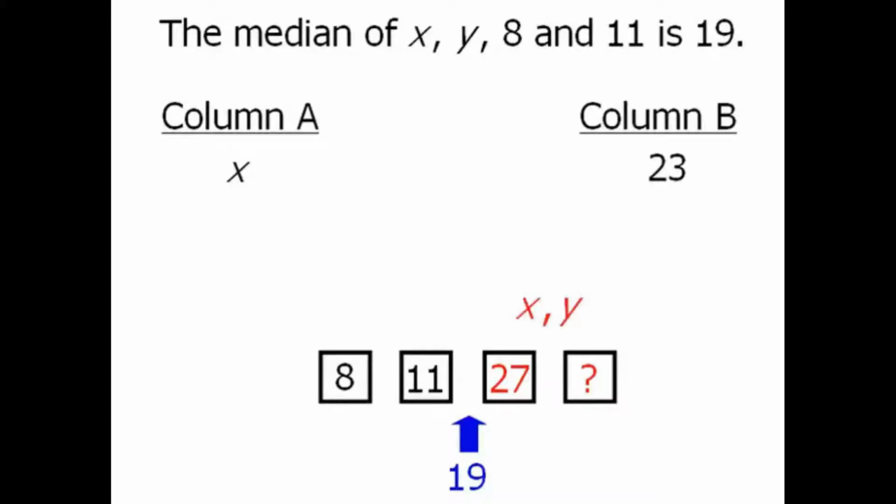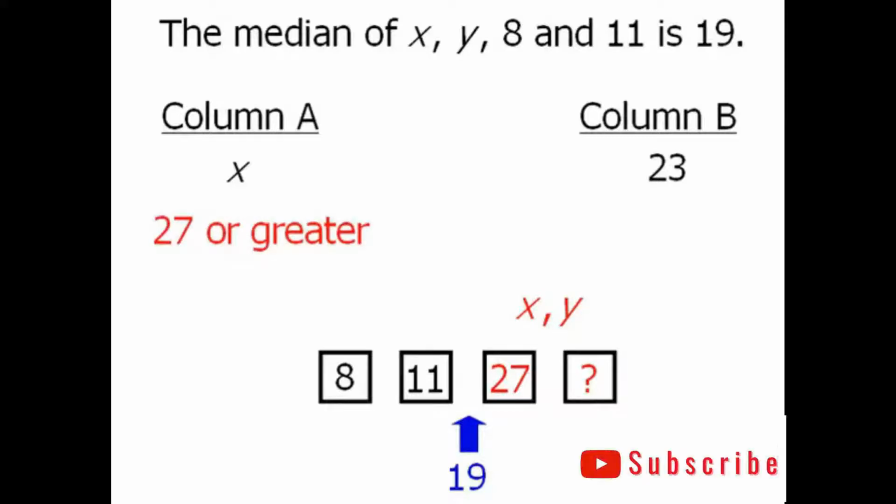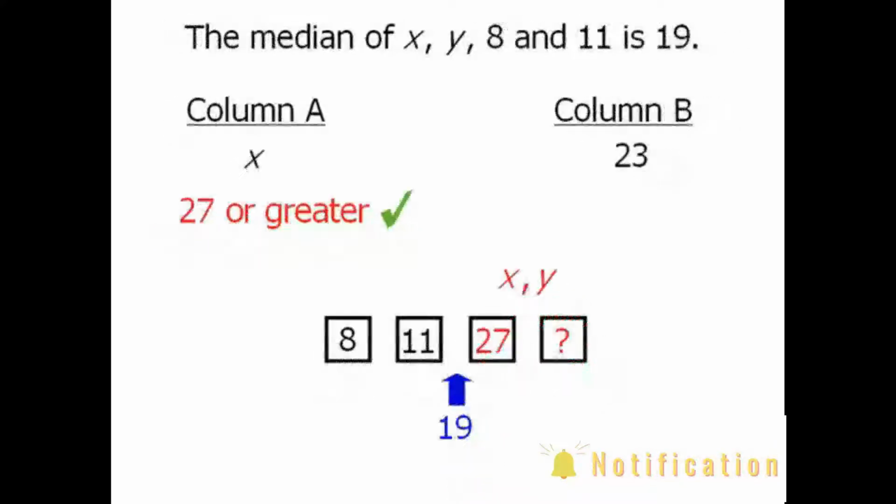Now, since x and y will be assigned either of these two values, we can now conclude that x is equal to either 27 or a number greater than 27. So from this, we know that column A must be greater than column B, in which case our answer is